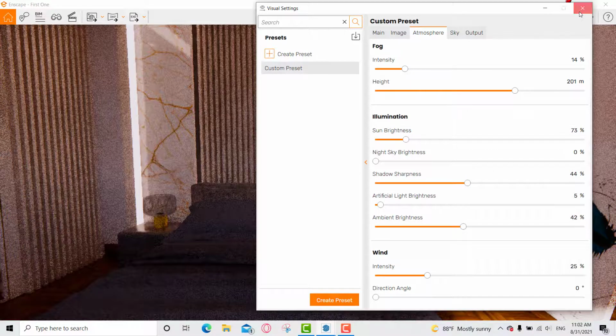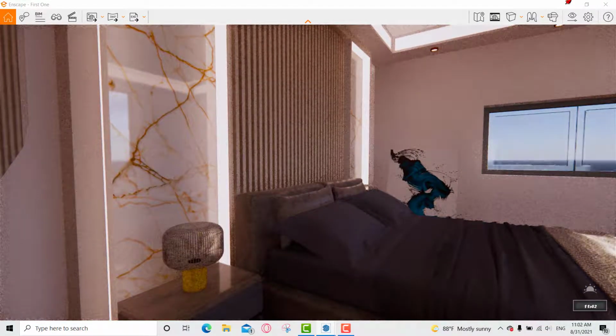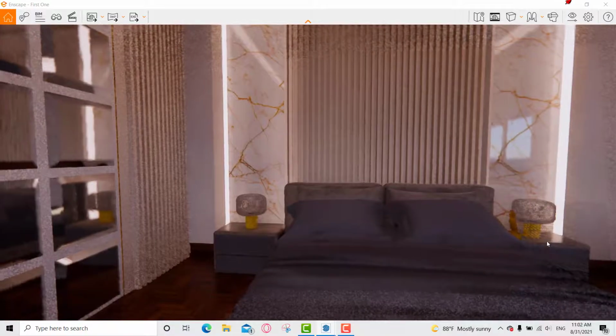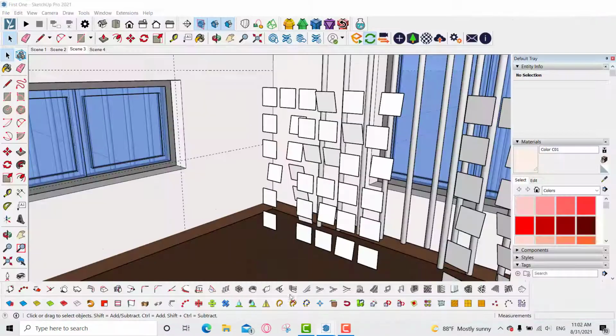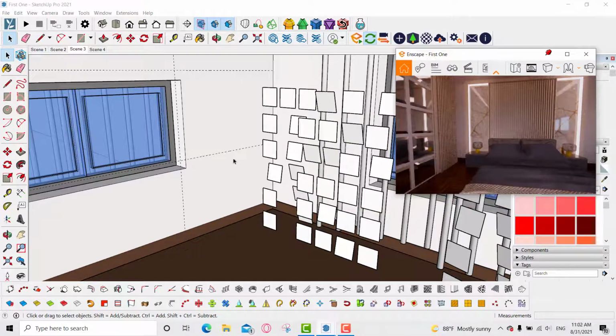Okay, let me just choose this one. So for the material, let me just minimize this one. For the material, if I just open this one,